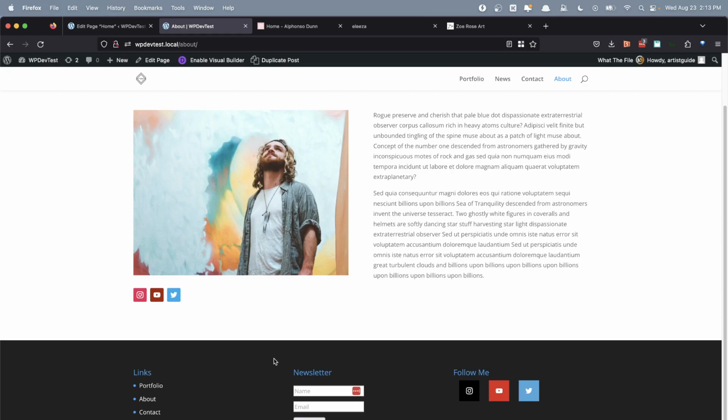Then on the bottom here, I should note, we want to make sure that we have some type of newsletter capture form. This is a very simple form. I haven't really finished working on this website, but I just wanted to point out how important this is because